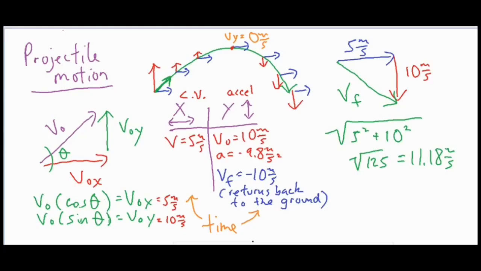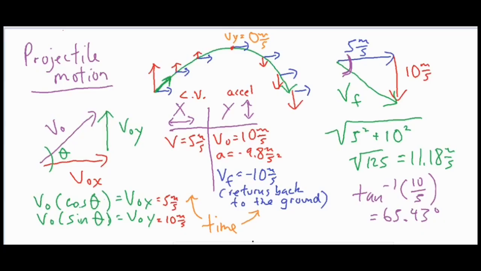Now, the very last detail, which is another one that might come into play if you have to add some vectors together, is possibly solving for some angles. And if you need to solve for some kind of angle, you can always use your inverse trig functions. So in this case, you would use an inverse tangent, because tangent is opposite over adjacent. My opposite is my 10. And then my adjacent is 5. So that's the inverse tangent of 2, because 10 over 5 is 2, and that would give me an angle of about